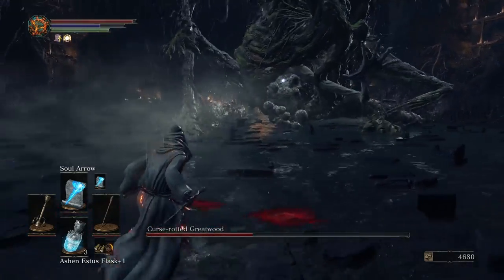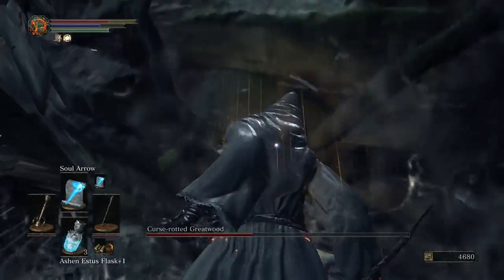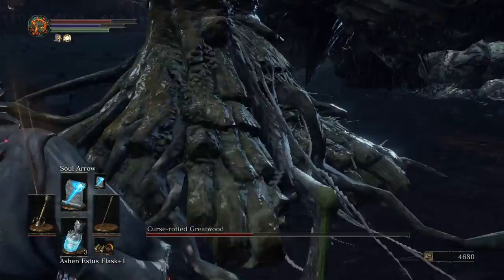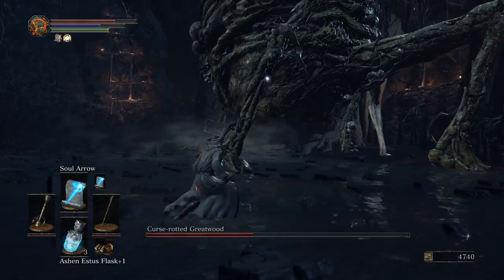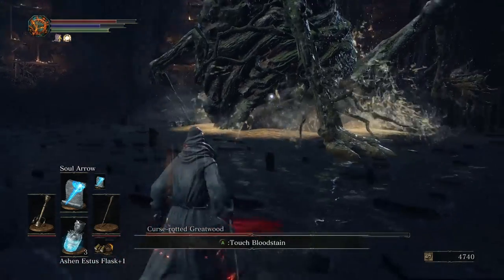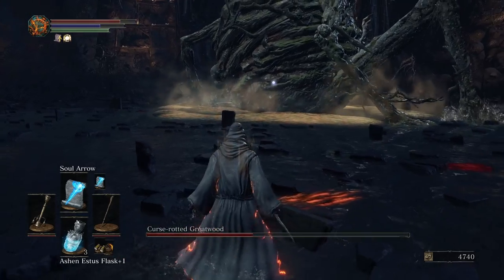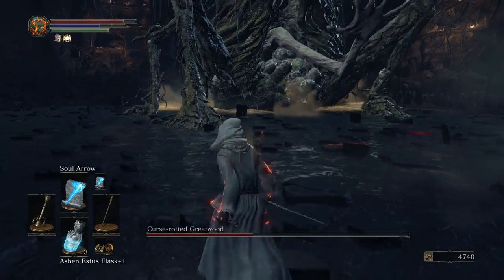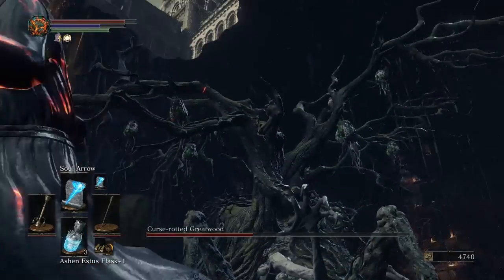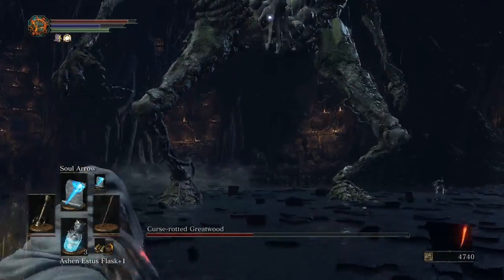If you're too far away from the boss, it will do this instead, where it throws these little grapes at you. If it does that, that means you're too far away from the boss. You need to be far enough away that you're outside of its melee range, but you don't want to be so far away that it starts throwing things at you. It can be a little tricky to get the distance right. But once you do, it will perform the move where it stands up,